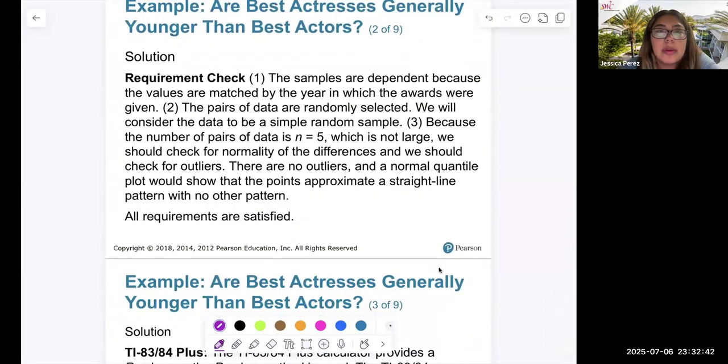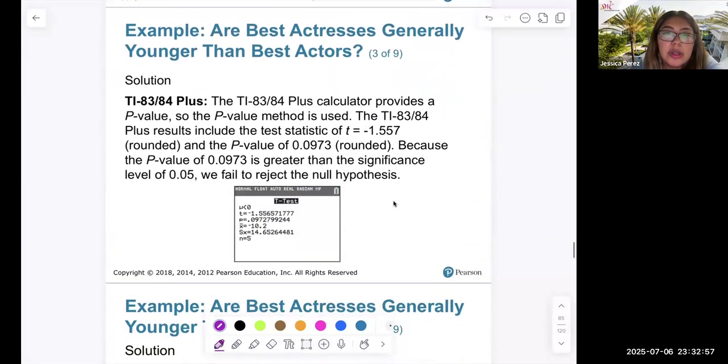So let's look at the requirements. This is dependence because they are matched. They're matched pairs. You do have normality. There's no outlier, so the requirements are satisfied. What you want to do is begin by looking at your p-value. You can do a t-test where you substitute the values. So if I want to go into the calculator, the TI-84,